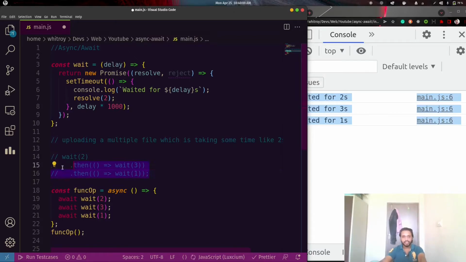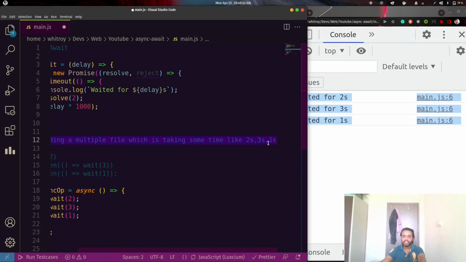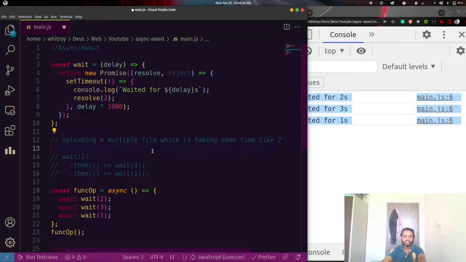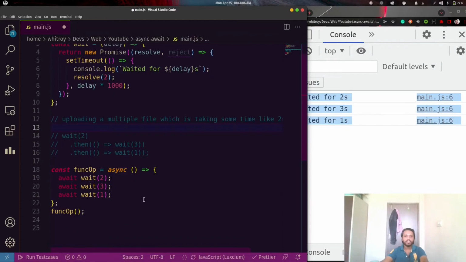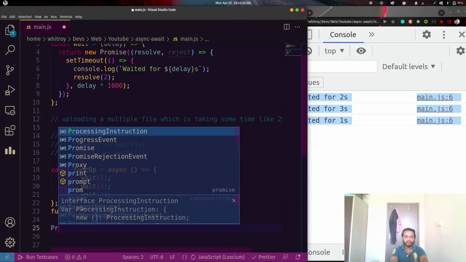But in promises we can batch this file uploading as a single promise, and rather than waiting for each individual one, we can upload them using batching, which makes JavaScript perform parallel processing. How can we do this? We have something like promise.all.